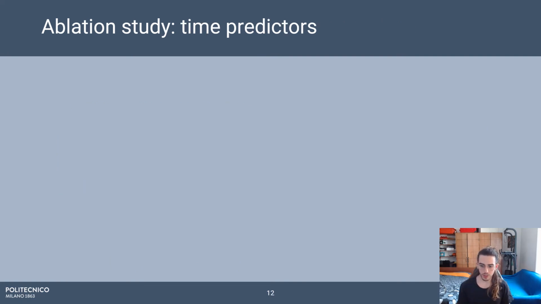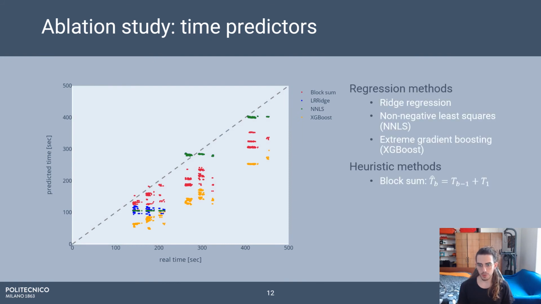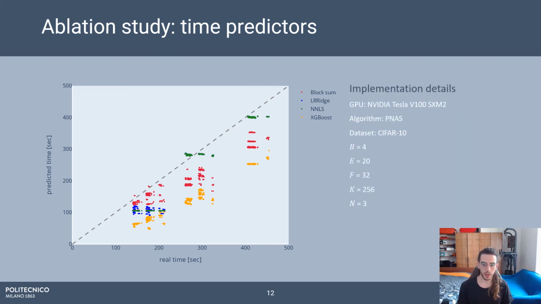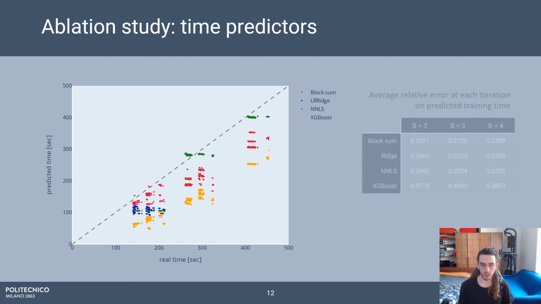We have also conducted an ablation study to select which are, according to our purposes, the best time predictors. In details, we tried 3 different machine learning algorithms and a heuristic method that we called block sum. We tried this over an NVIDIA Tesla V100 GPU, and we used the starting algorithm that we have described before, POPNAS, and we tested our approach over a fold of the CIFAR10 dataset.